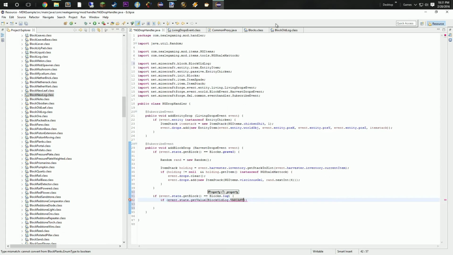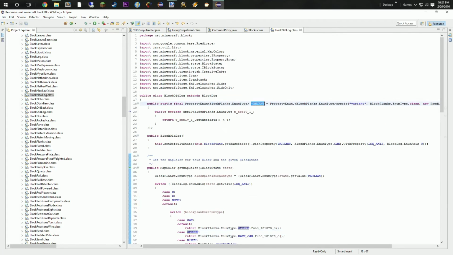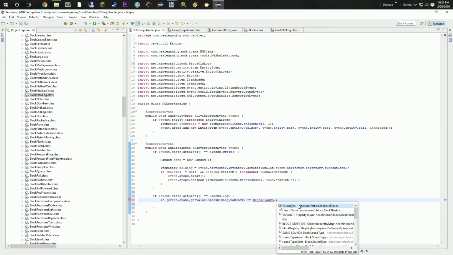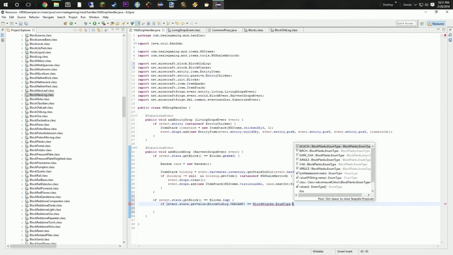So we're going to come back over here. We have our variant enum type, which you'll see repeated throughout this class. We're going to say if our variant type is equal to our BlockPlanks.EnumType.SPRUCE,